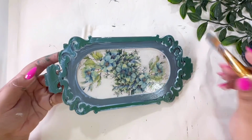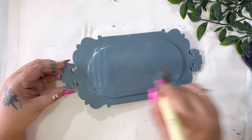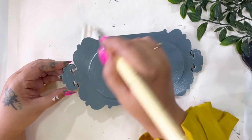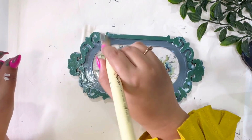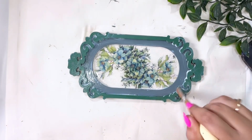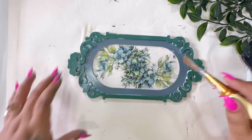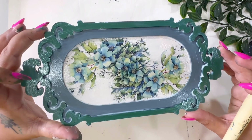As I've taken a little excess, I'm going to paint my backside also. So this is a perfect sealer for a wooden surface. After this dries in one or two hours, we will start doing the decoration on top